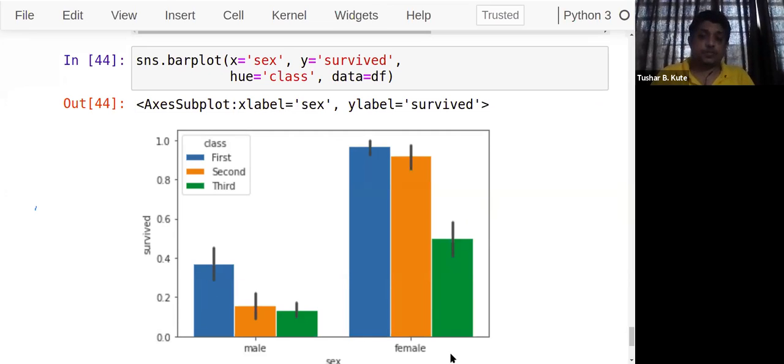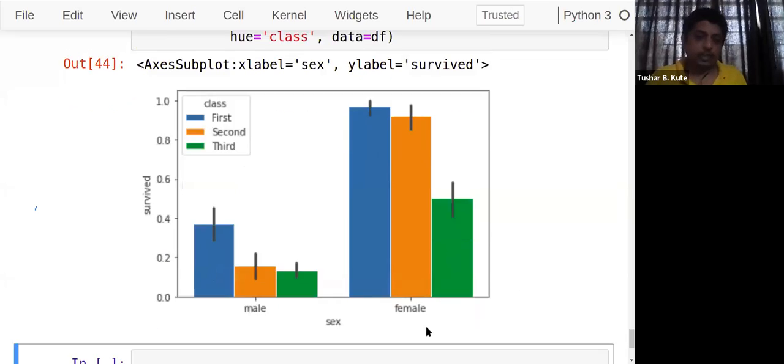So multiple bars we can plot with this hue. So we are having 2 categorical variables here, sorry, all 3 categorical variables actually. Sex is a categorical variable where we have male and female categories. Survival also is a categorical variable where you have 0 and 1 categories, and hue is also a categorical variable where you have the first class, second class, and third class present here. Fine. This is how the bar plot is there. So you can have a bar of it.